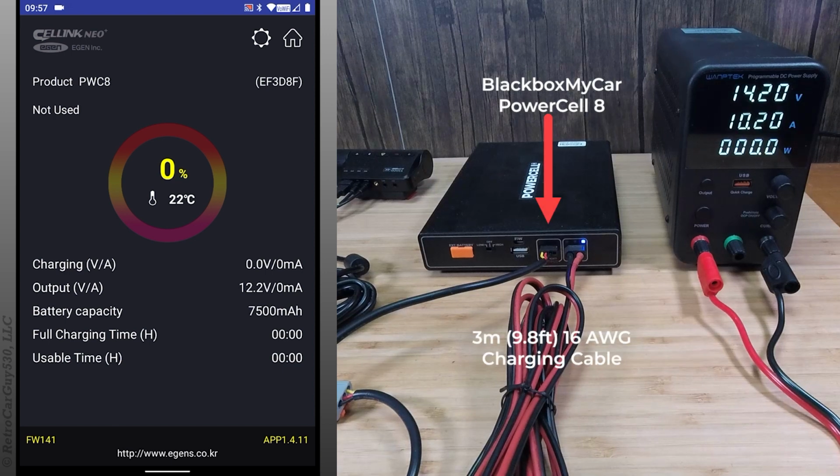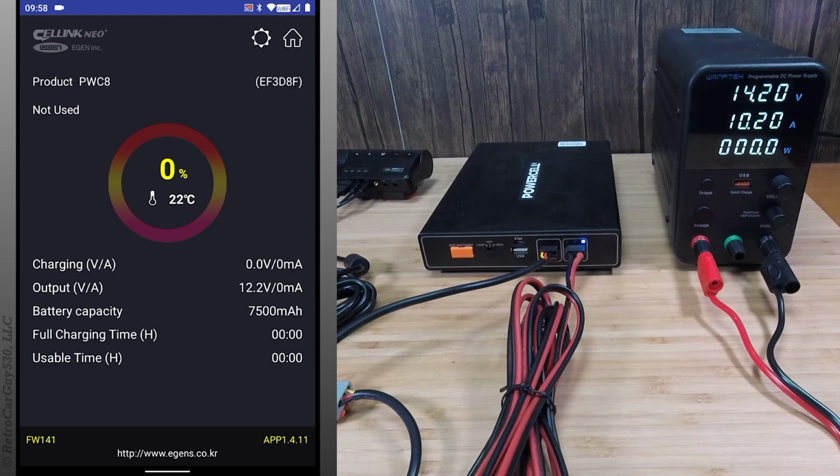This is a BlackboxMyCar PowerCell 8 dash camera battery pack. I'm going to use the 16 wire gauge charging cable supplied with the product, and I have the DC power supply set to 14.2 volts at a maximum of 10.20 amps, and the dash camera power load is the Viofo A139 Pro 3 channel. My previous test was with this running at 14.6 volts, which is their separate charger voltage amount,